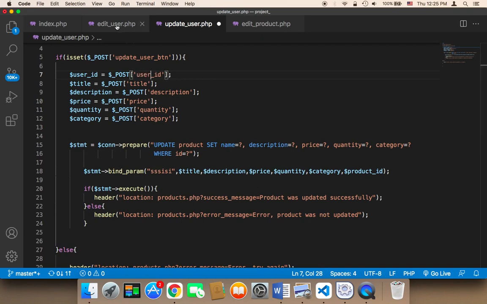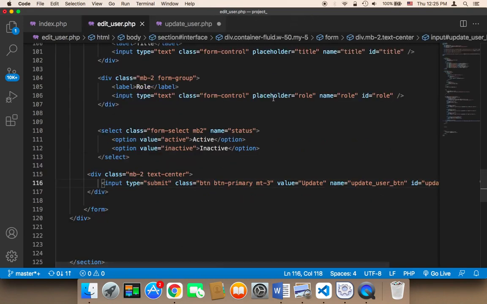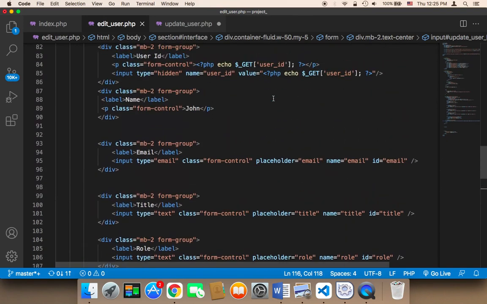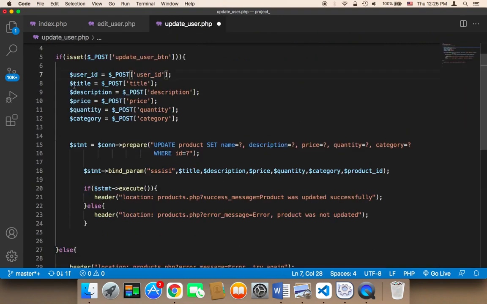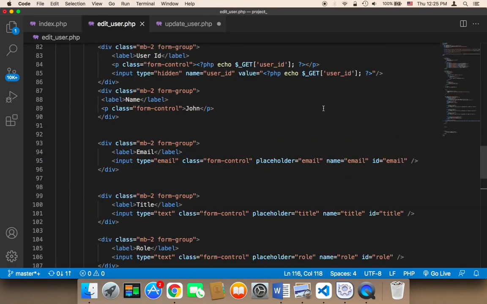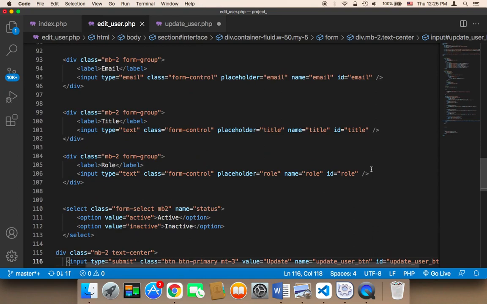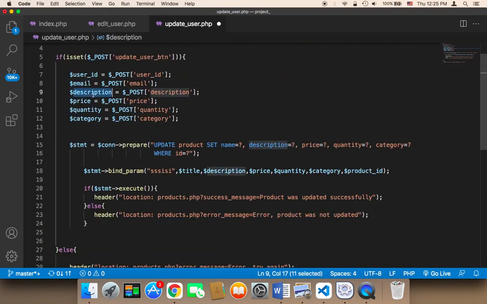The second thing that we need to get is the email. So here I'm going to say email, and then the third thing that we need to get is the title, and then role, and then status. So we need to get title here, post title, and then role here, role, and then status,